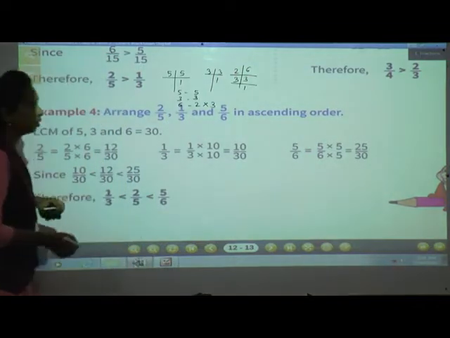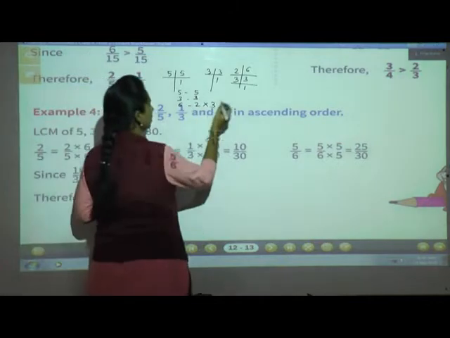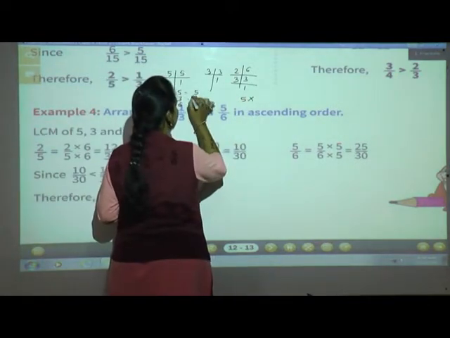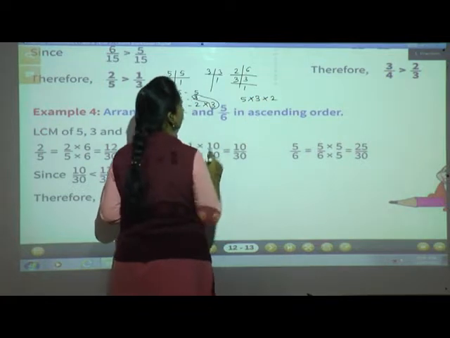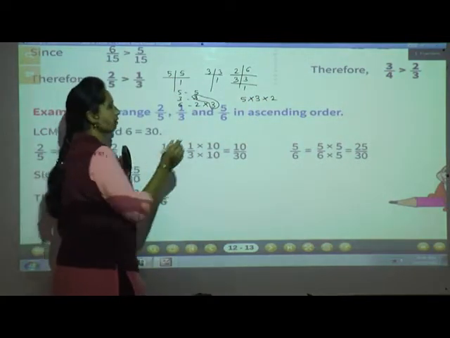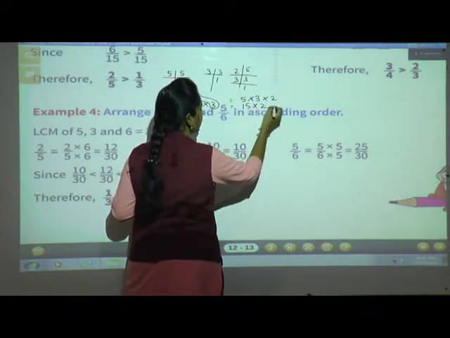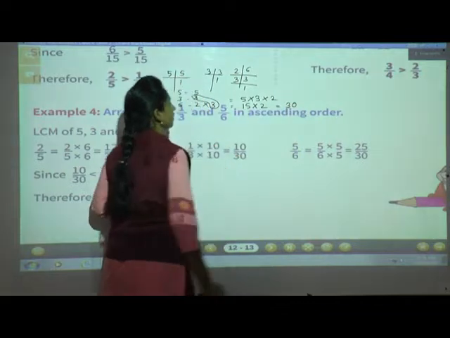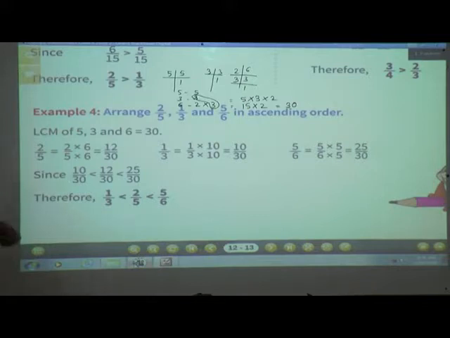So we will take the lowest common multiple, isn't it? Now 3 is the same, so we will take just 5, 3 and 2. 3 two times, no, we will have to take only once. So 5 3s are 15. 15 multiplied by 2, 30. 15 2s are 30. So the LCM of 5, 3 and 2 is 30. So the LCM of 5, 3 and 6 is 30.